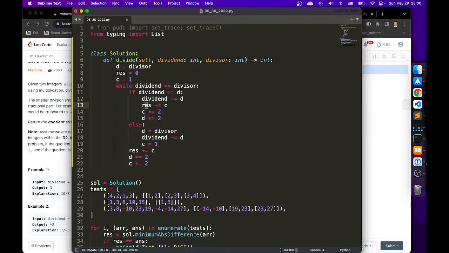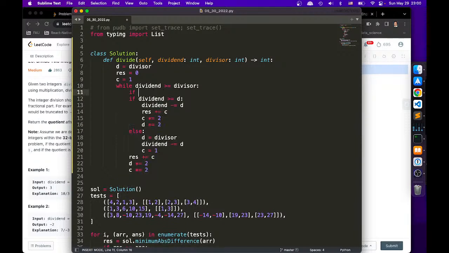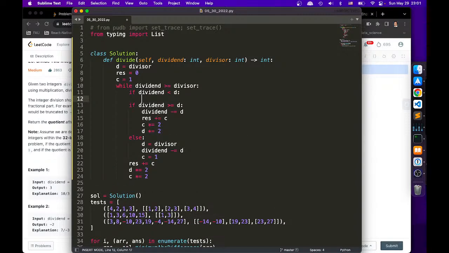So if this, and then we do this. If it's this, then D shall equal to divisor. So that's the difference, right? So we say if, hold on, if dividend is smaller than D, then D shall equal to divisor, right? And then